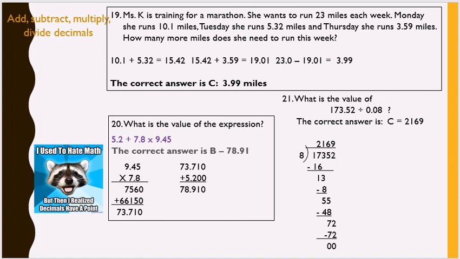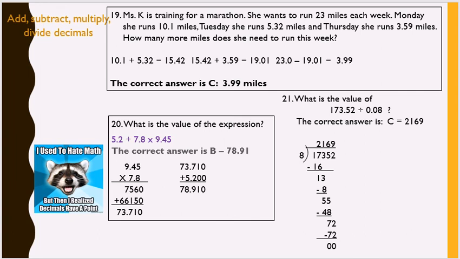But we can't stop there because we have decimal places in our numbers. So we count how many places we have to the right of decimals in both of the values. So we have 2 places with 0.45. We have 1 place with 7.8 for a total of 3 decimal places. You begin at the back of your number. You count over 3 decimal places from the back, and you place your decimal point in front of the 7, and the answer being